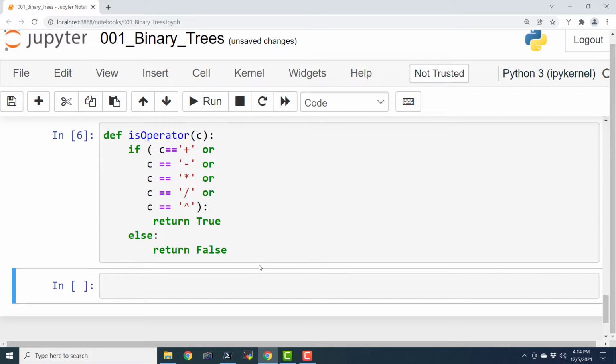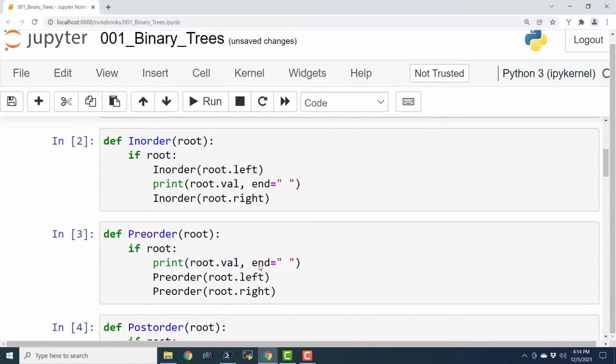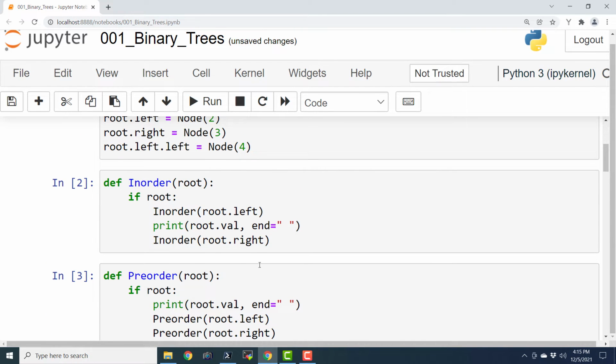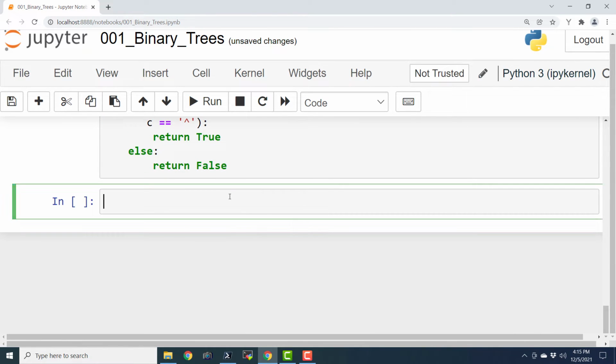Now we already defined the code for in-order traversal, and we are going to use it in this episode. The next thing is that we are going to define a function that is going to construct the tree. So def construct_tree, and I will say postfix.